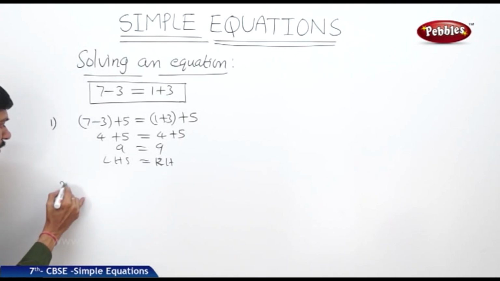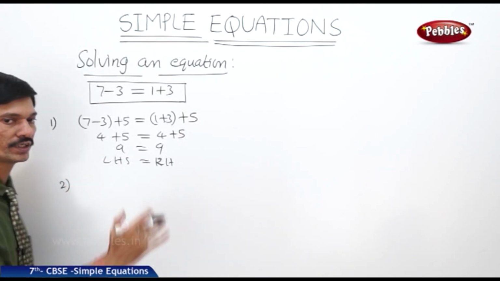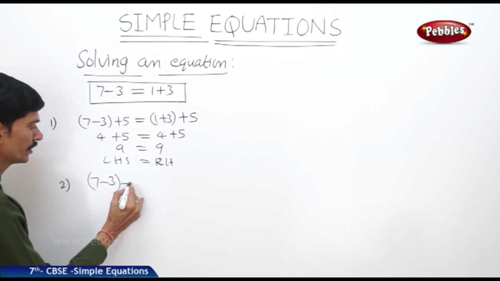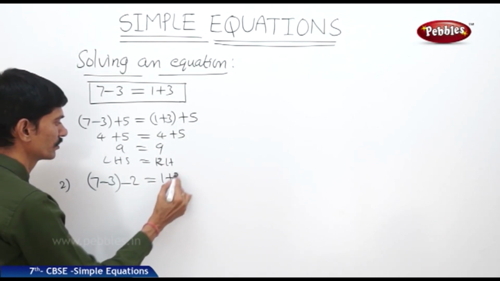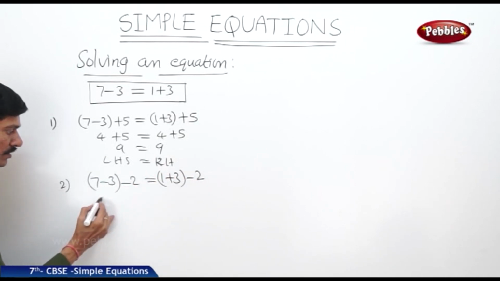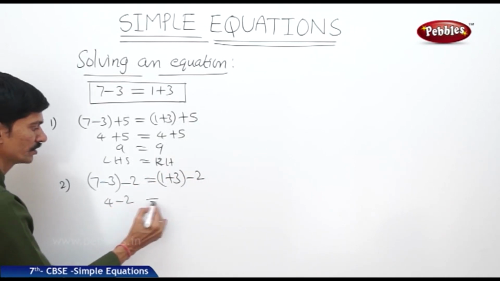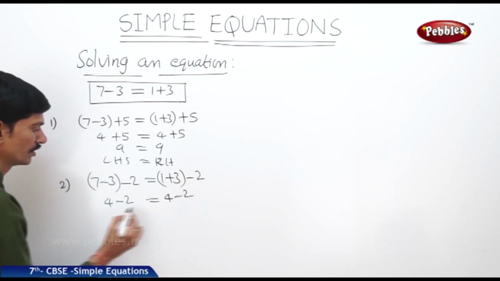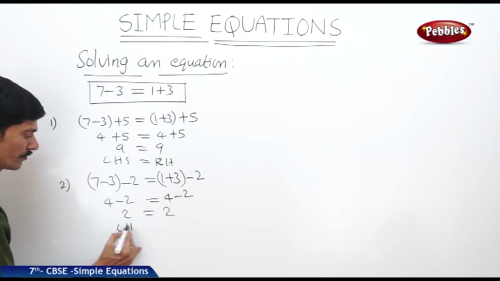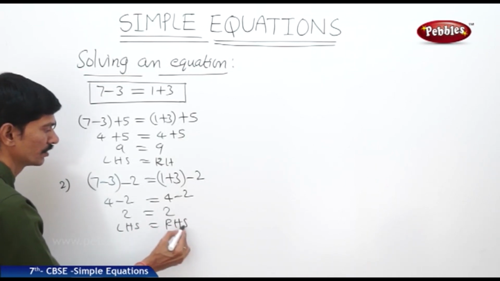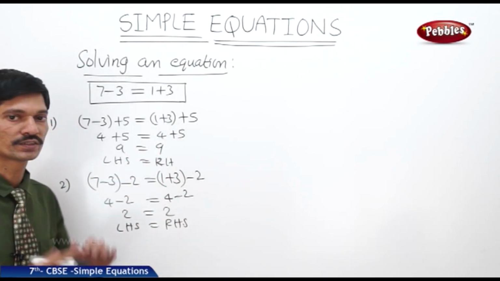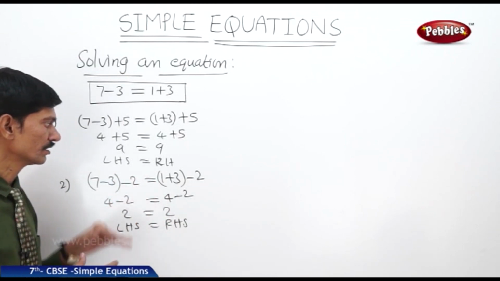Now let us subtract the same number from both sides of the equation. For example, 7 minus 3 minus 2 equals 1 plus 3 minus 2. From both sides 2 is subtracted. So 7 minus 3 is 4 minus 2, and this equals 1 plus 3, 4 minus 2. So 4 minus 2 is 2, and this equals 4 minus 2 is 2. So here also we get LHS equals RHS. So if the same number is subtracted from both sides of the equation, still the equality remains the same, means